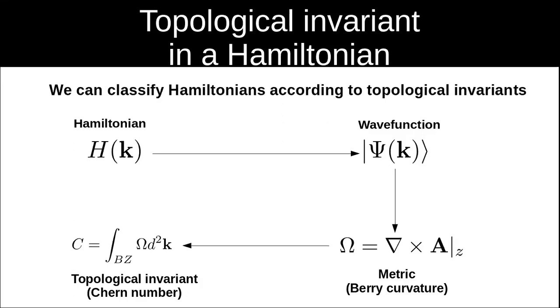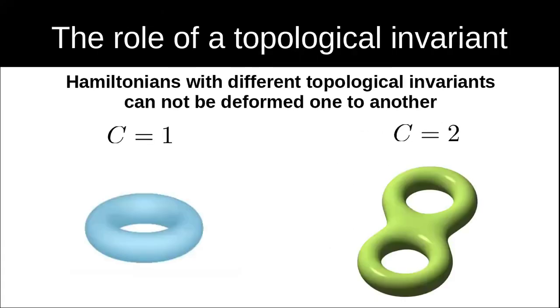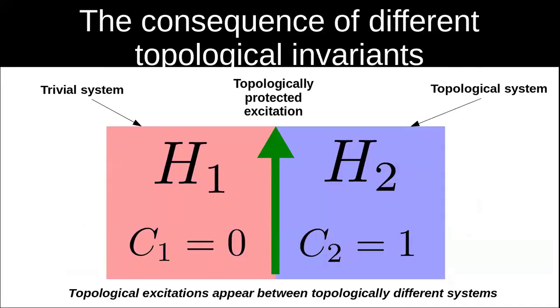So Hamiltonians that have the same Chern number can be deformed into each other. Hamiltonians that have different Chern numbers cannot be deformed onto each other. So the Chern number is a topological classification of the Hamiltonian. It tells you which Hamiltonians are equivalent and which are not. If you have a Hamiltonian with Chern number 1, there's no transformation that you can make to the Hamiltonian, without closing the bulk gap, that gives you a Hamiltonian with Chern number 2. And this